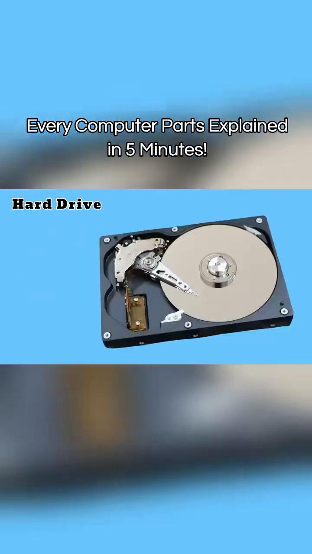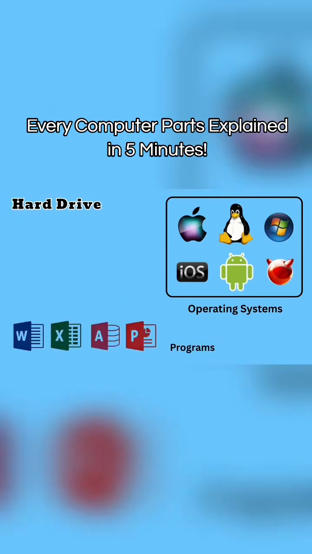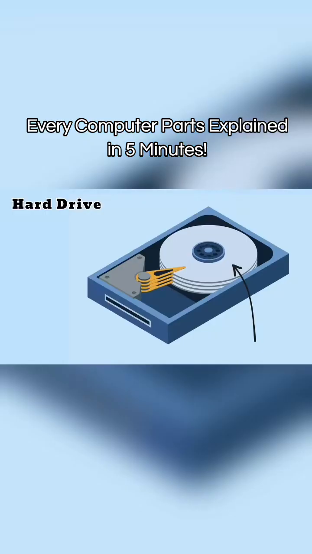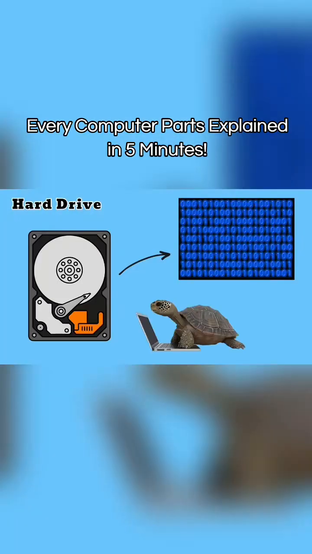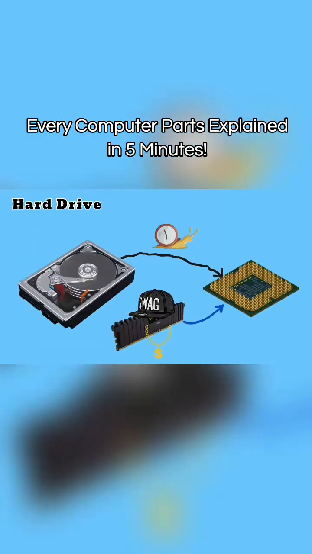Hard drive. The hard drive is a box-shaped storage unit, usually made of metal, and it stores all long-term data. This includes the operating system, programs, and personal files such as photos, videos, and documents. Inside it, there is a spinning magnetic disk and a tiny moving arm that reads and writes information. It can store a very large amount of data, but accessing that data takes time, so it feels slow. Because it cannot quickly deliver information to the processor, another component is needed to help with speed, and that is